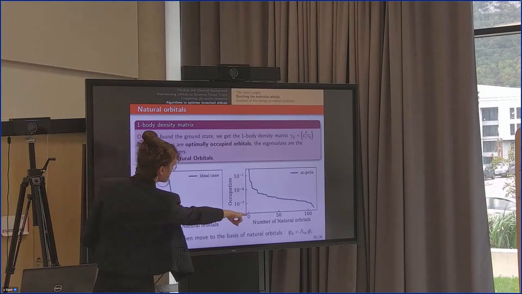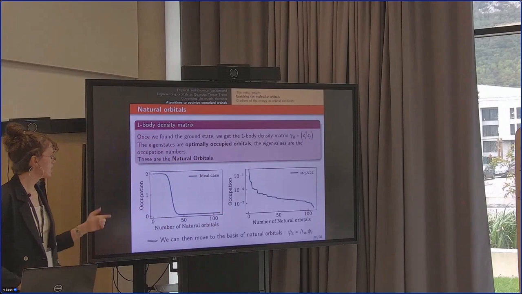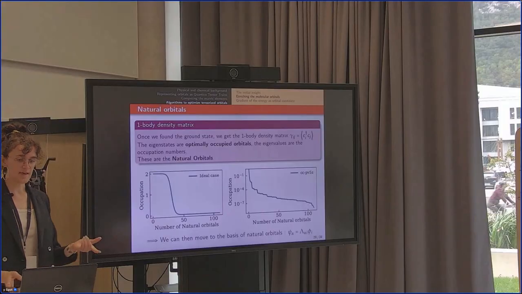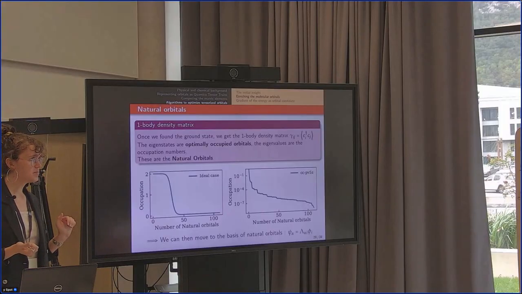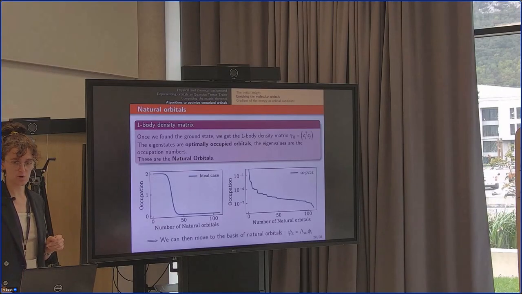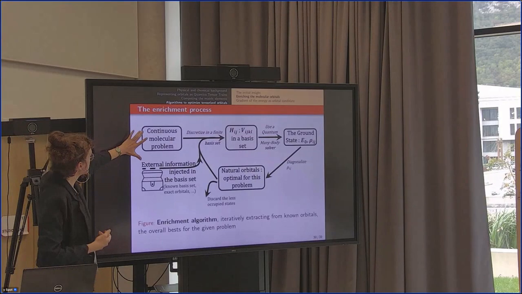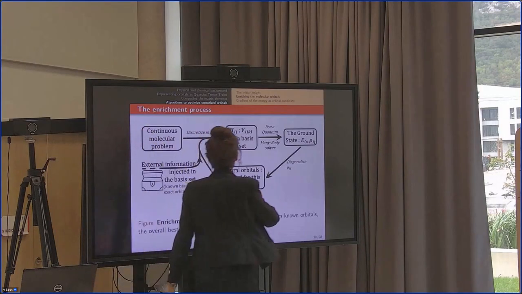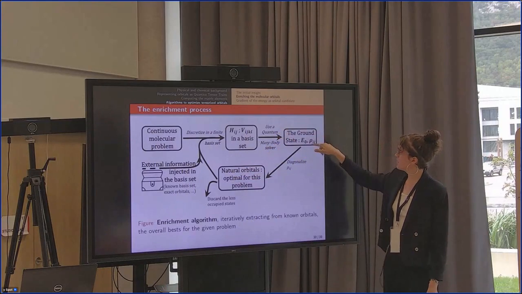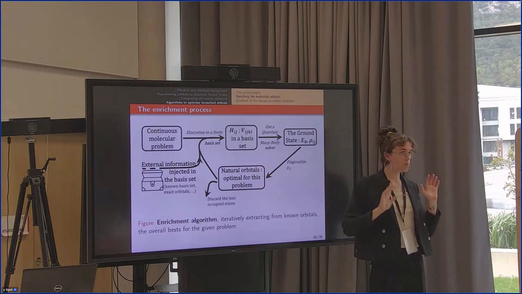So we simply take the diagonalization, the change of basis that corresponds to moving to the natural orbitals, and we define new natural orbitals that I denote here psi alpha. Great, and then using this natural orbital scheme to extract the optimal orbitals within a specific basis set, we will devise an algorithm to enrich a basis set. So, okay, we start with a continuous problem. We discretize it in a finite basis set. Then we compute the matrix elements. We use the many-body solver to get the ground state and the density matrix. We diagonalize it, and we get natural orbitals that are optimal for this problem.